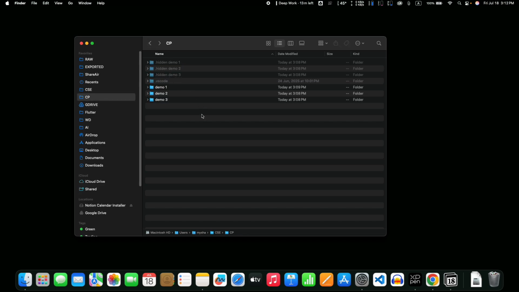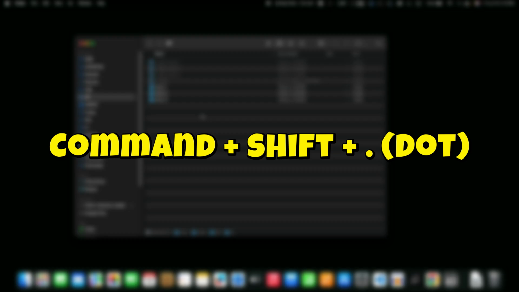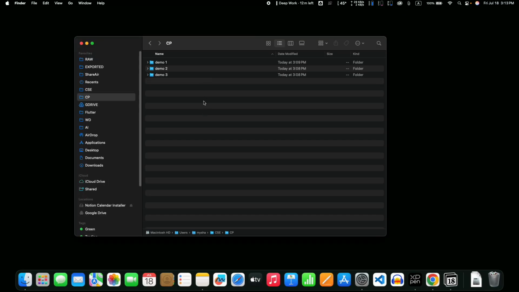On the other hand, if you want to hide them again, just press the same shortcut, Command, Shift and dot together. And now they will disappear. And that's it. Now you know how to quickly toggle hidden files on and off in Finder using just a